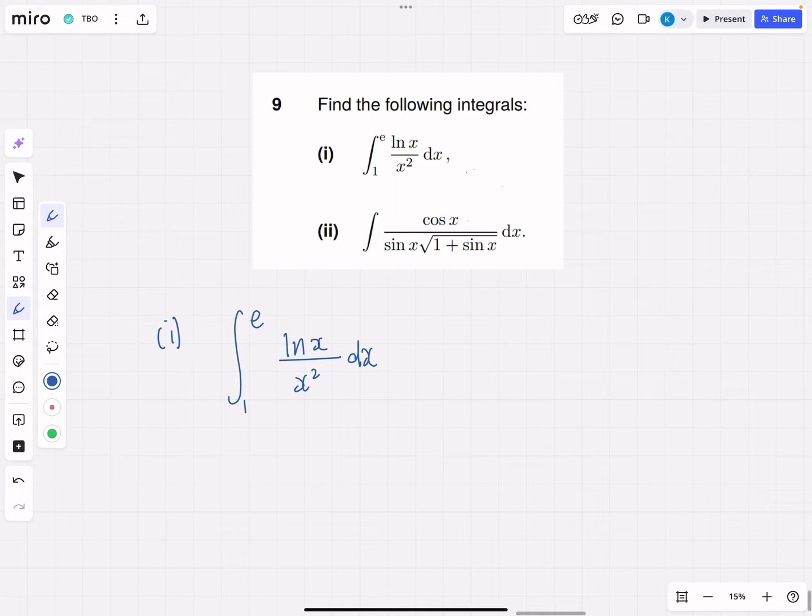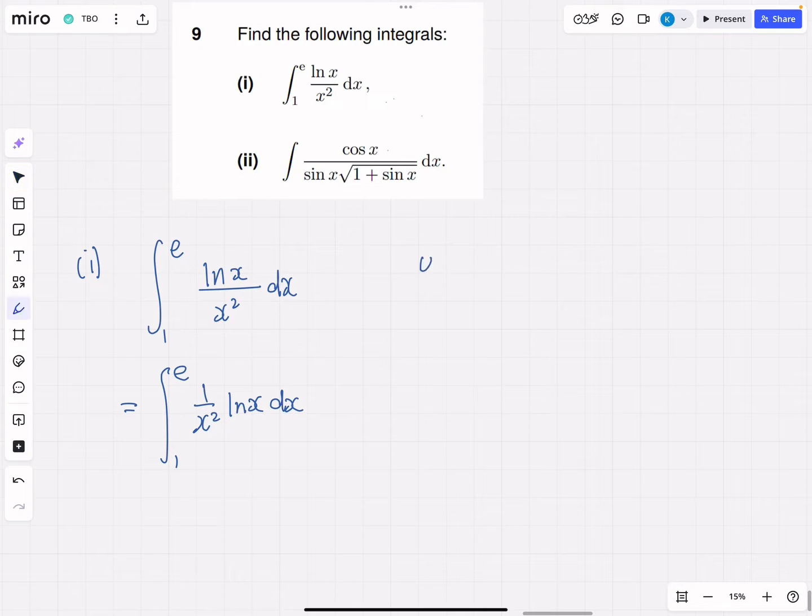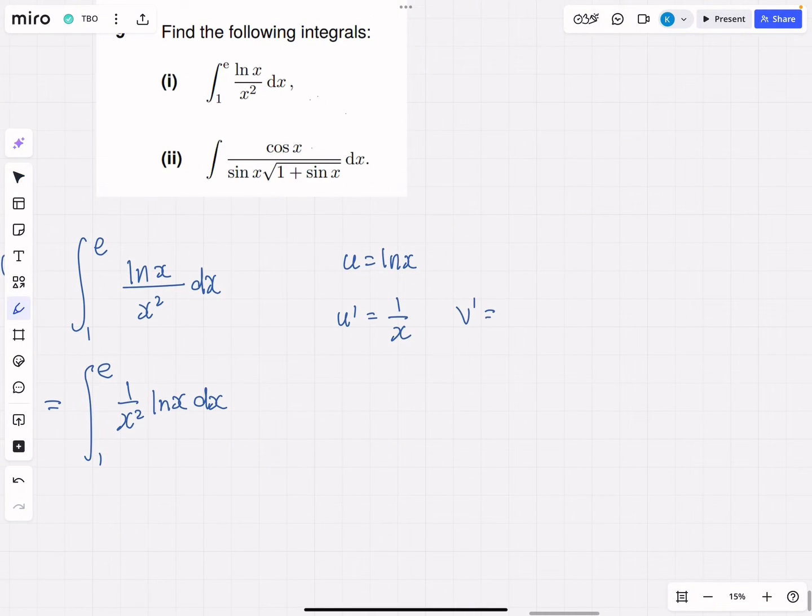And so because I have two functions being multiplied by each other here, I think I'm going to have to use integration by parts. So if I make u equal to ln x, that means that my u dash is going to be 1 over x. If I make my v dash equal to 1 over x squared, which is x to the minus 2,